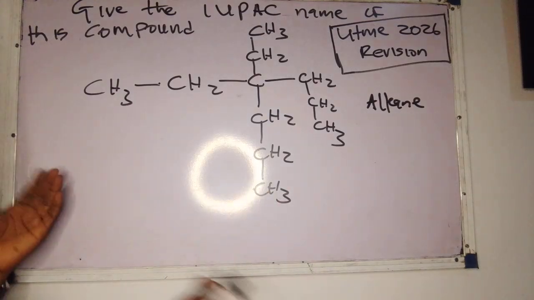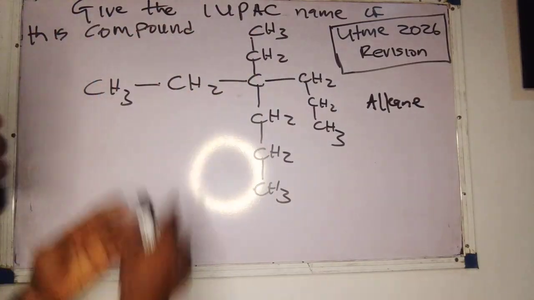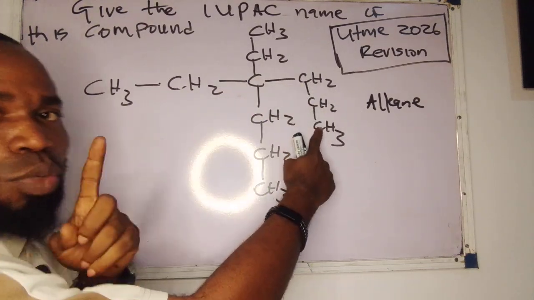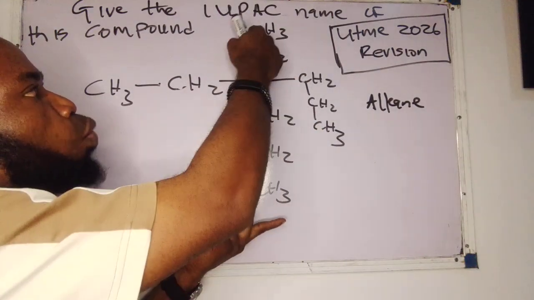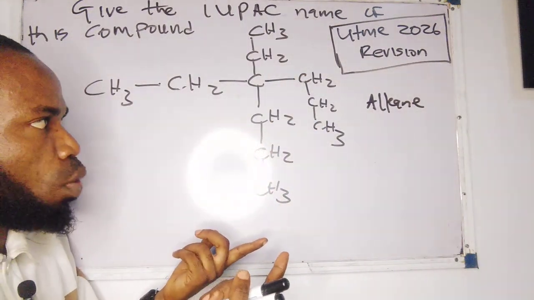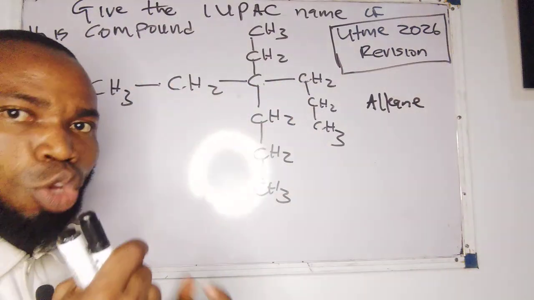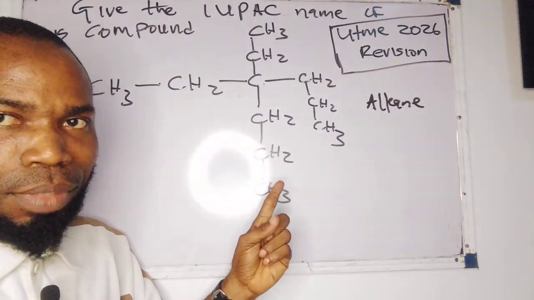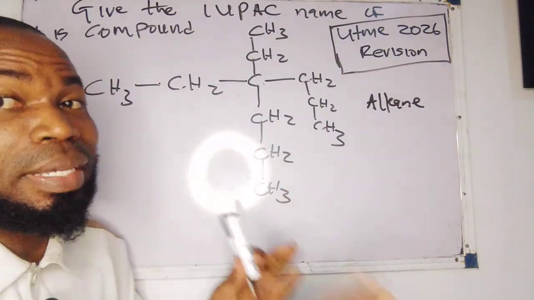So people will come here and say, oh, the longest chain is 1, 2, 3, 4. No, that's not correct. 1, 2, 3, 4, 5, 6. It's quite technical. Or some person will say, okay, what about 1, 2, 3, 4, 5, 6? You can still go 1, 2, 3, 4, 5, 6. But you have to open your chemical eyes, because those are not the longest. Remember, we are looking for the longest continuous straight chain, and we have already identified that this compound is an alkane.